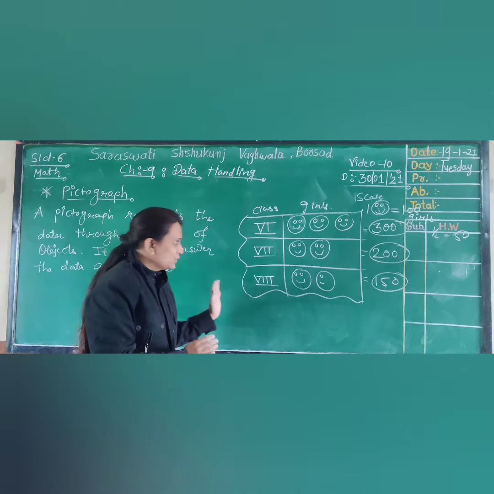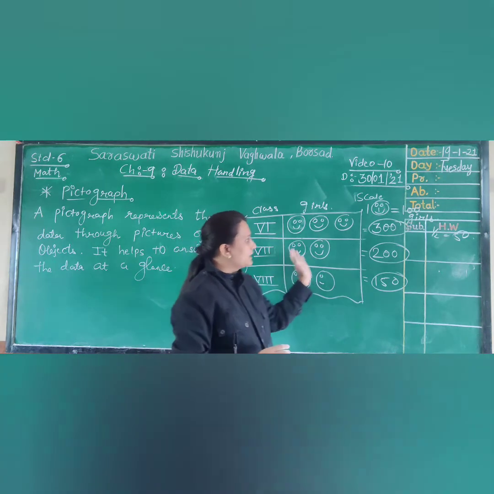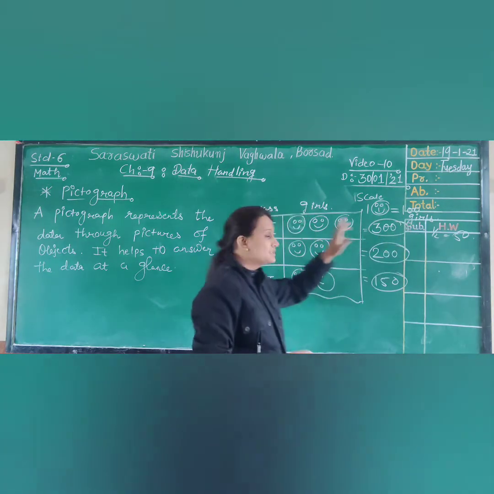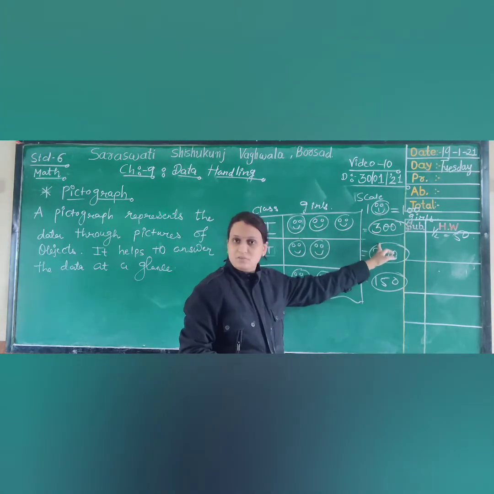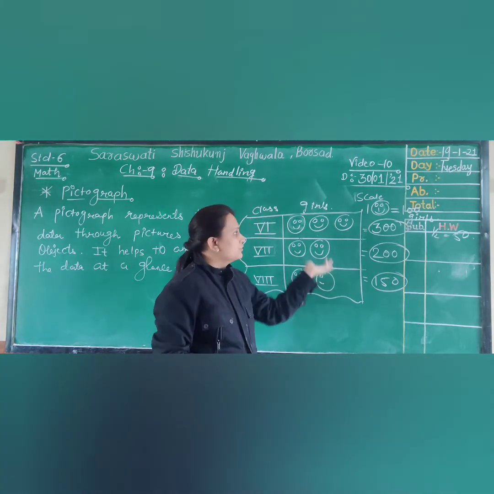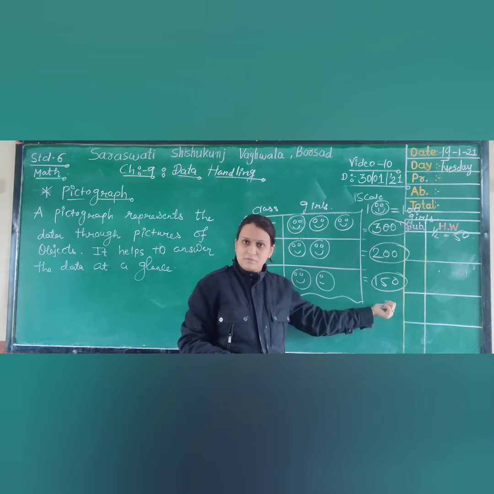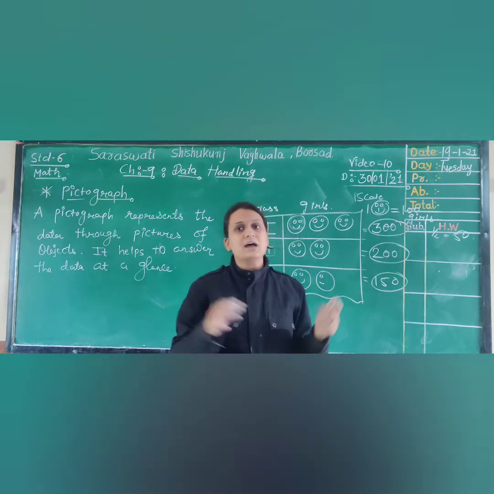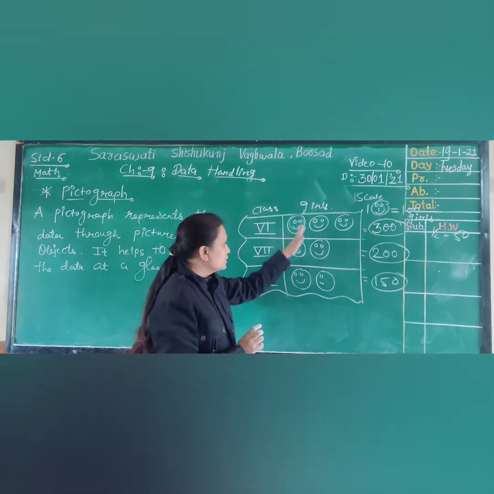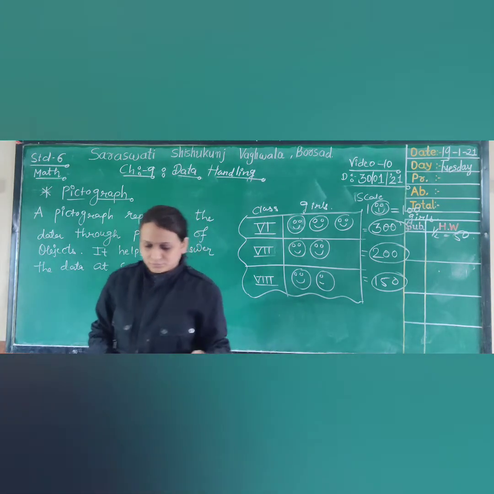In a pictograph we use different pictures for different data, so from the picture we have to calculate the given numbers. Here we have been given the scale that one smiley is equal to 100 girls. So we identified 100, 100, 100, that is 300. In the same way 100, 100 is 200, and here a half smiley is given, so we take half of 100, which is 50. So 100 plus 50 is equal to 150. A pictograph is also used for a large amount of data. We are not able to count 1, 2, 3, up to 1000, so we have used smileys here. So it is easy to calculate a large amount of data.